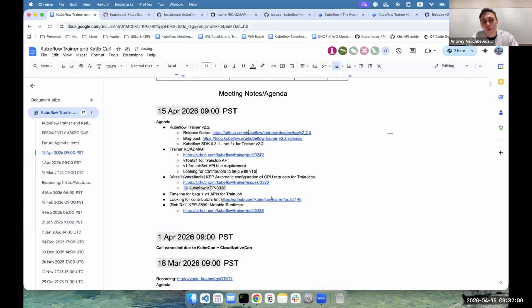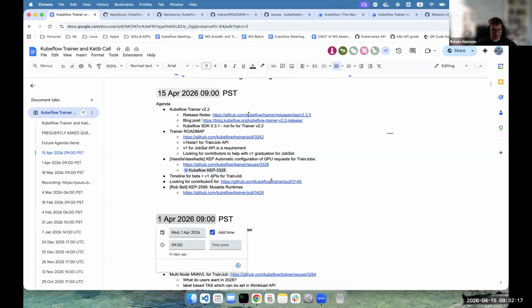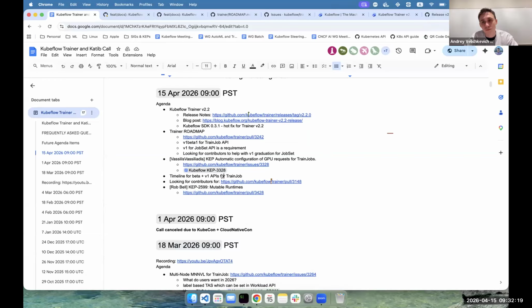Let's try to call out for some help. So we want to skip the beta for JobSet and go directly to V1, right? Yeah, I think that was the goal. Okay. I think if we're going to do this migration, we want to do it once and then not have another one, because I don't think the Google folks are interested in having a beta of this. It's effectively GA for them.